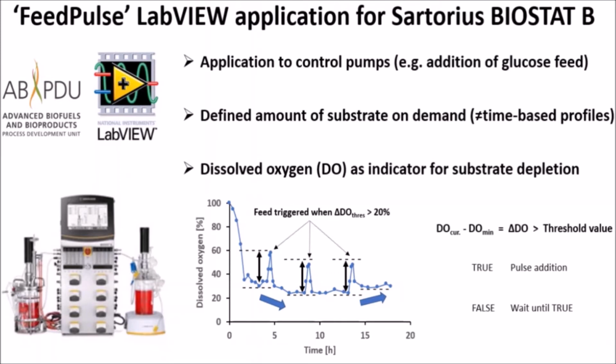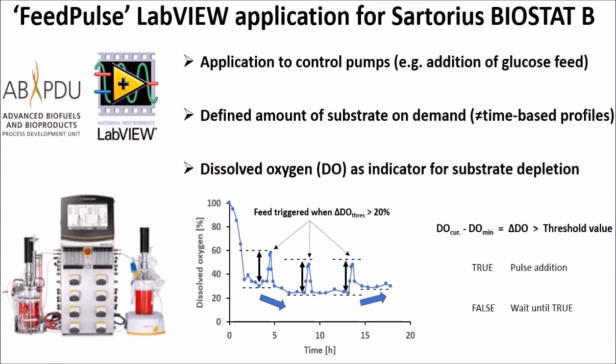The advantage of using dissolved oxygen signal-based feeding strategies is you don't have to know the glucose consumption rate of your organism. The culture will manage its glucose delivery independently, which will reduce the risk of over or underfeeding. This is particularly important if you're working with organisms that are sensitive towards excess carbon concentrations, like Crabtree positive yeast or E. coli. If you're interested in using our software, you can download it for free on